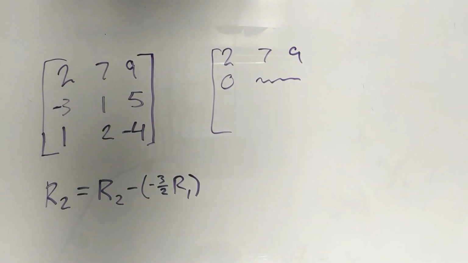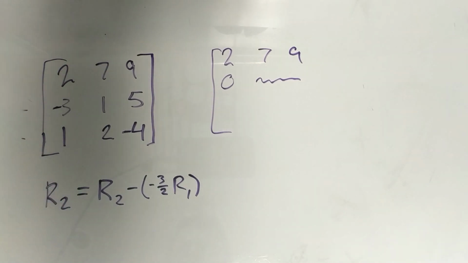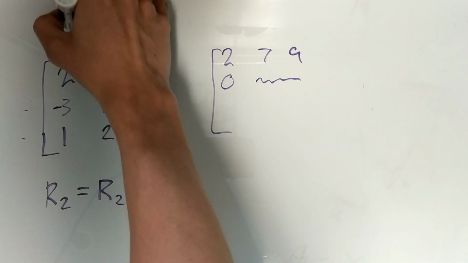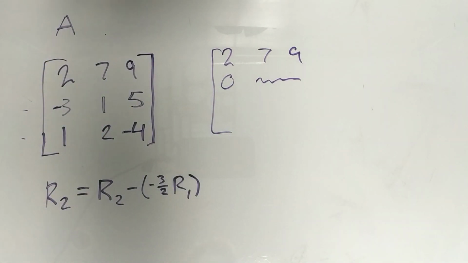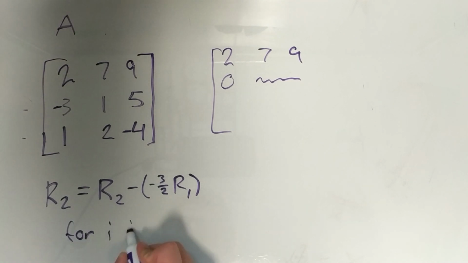To convert that into Python, we have to think how we want to go about doing this. And so we want to eliminate all the zeros. So that would be the second row and the third row. And so the way that I would think about this, if this is our matrix A, then I want to look at all of the rows past my first row. So I'd say, I'd set up a for loop. I'd say for i in range,